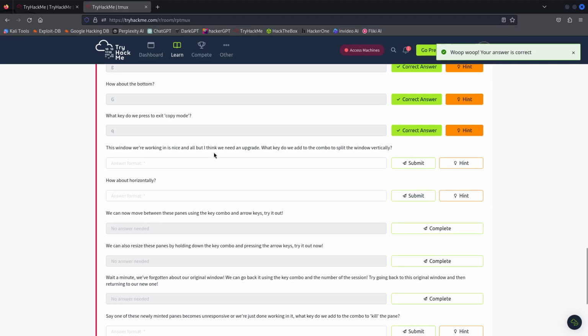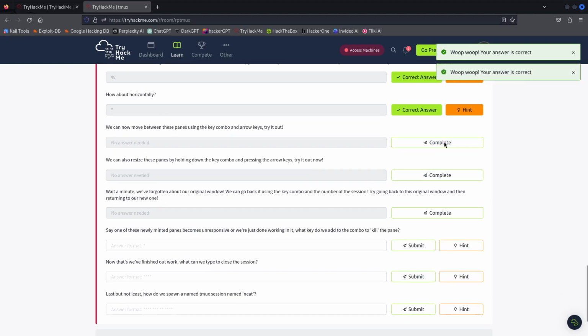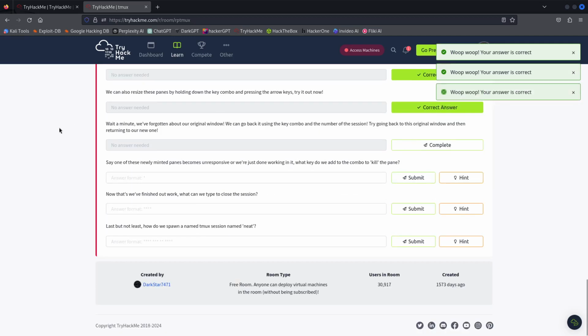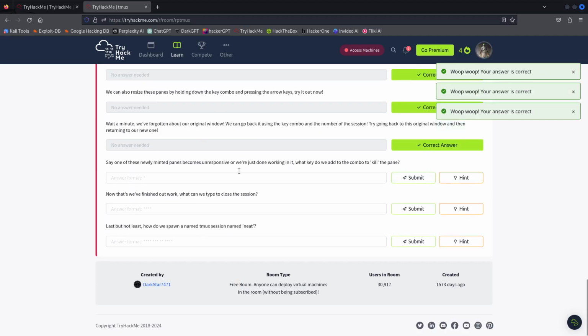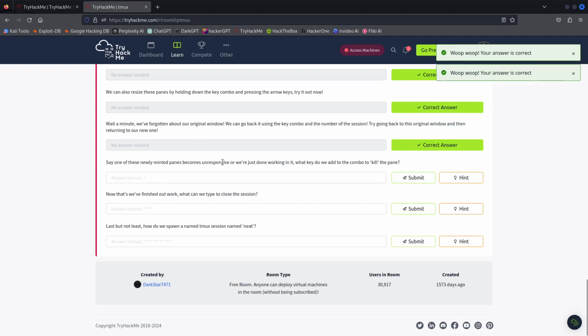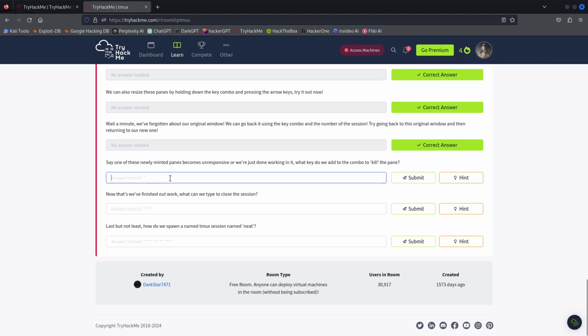This window we're working in is nice. Control B, then percent, to split the window vertically, and quotation mark to split horizontally. Okay. Then, to kill the pane,